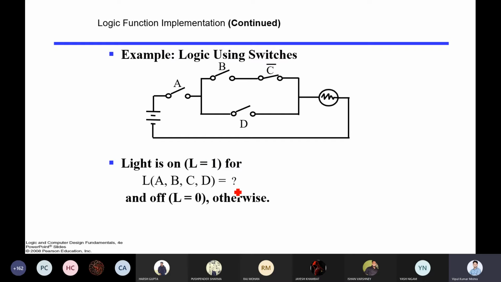Now we have this circuit. Can you tell me what will be the expression? Just look into the circuit and identify the expression. Try. So what will be the expression?